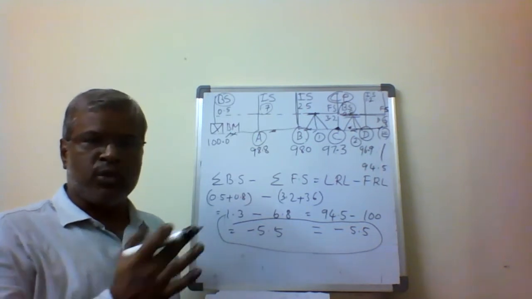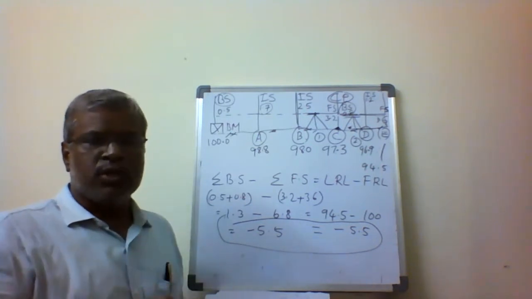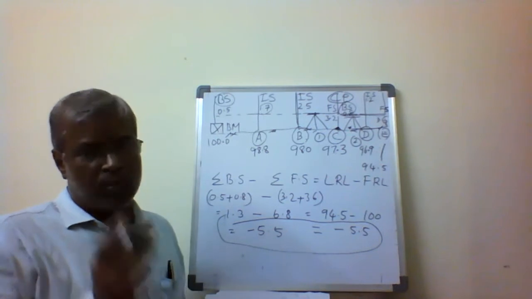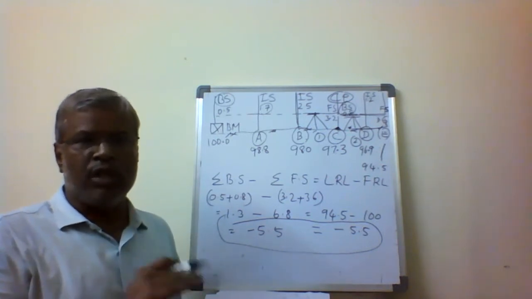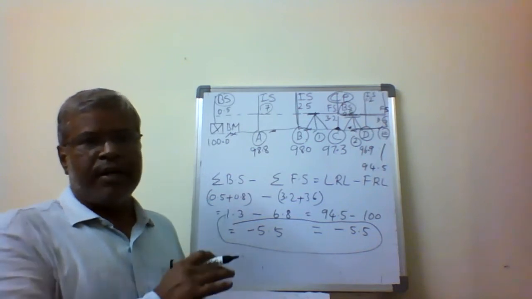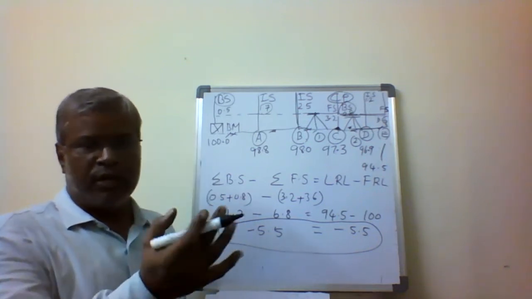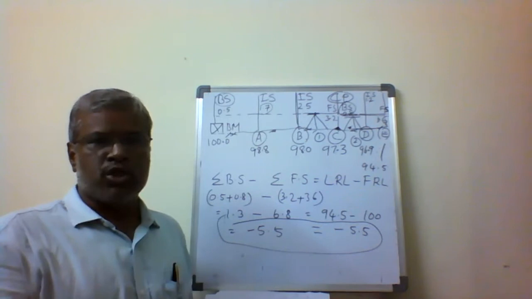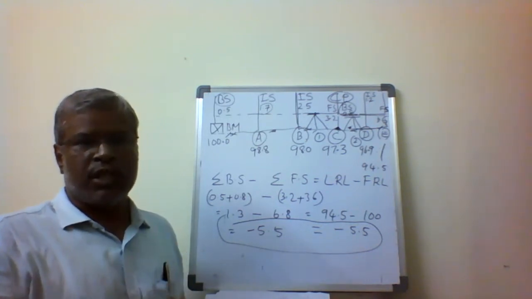There are two ways. So how are we going to calculate the tabular column? If it is a known elevation of a benchmark, to that known elevation of the benchmark we add the backsight reading. We are able to get the height of the instrument.